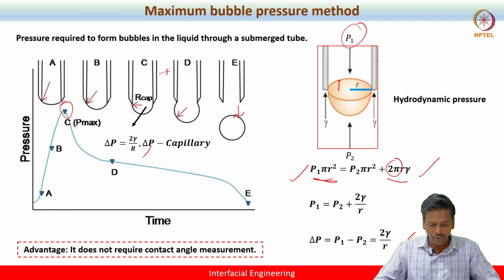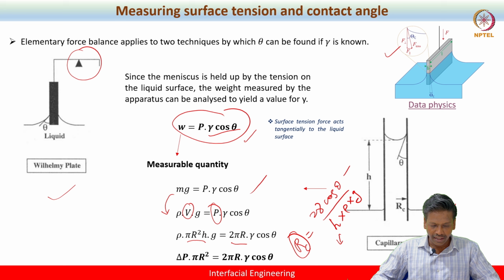So I think these techniques are very clear, and based on these techniques, one can measure the surface tension if theta is known, or theta if surface tension is known. In the case of the maximum bubble pressure method, the advantage is we don't need to know the contact angle before the measurement. So one thing I forgot to mention,